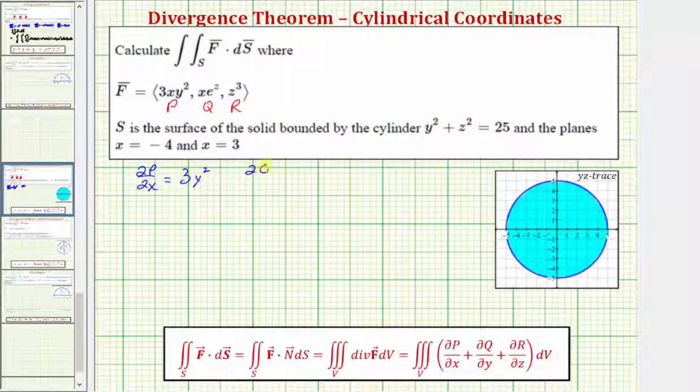And the partial of Q with respect to y is equal to the derivative of x times e to the power of z with respect to y, which would be 0. And the partial of R with respect to z is equal to the derivative of z to the third with respect to z, which would be 3z squared. Which means the given surface integral, or flux integral,